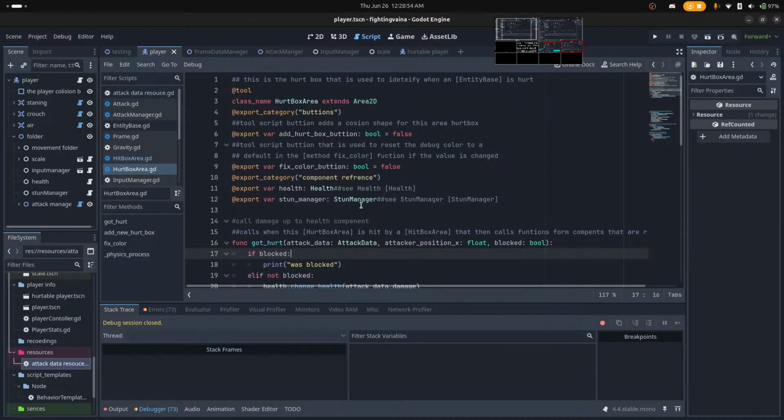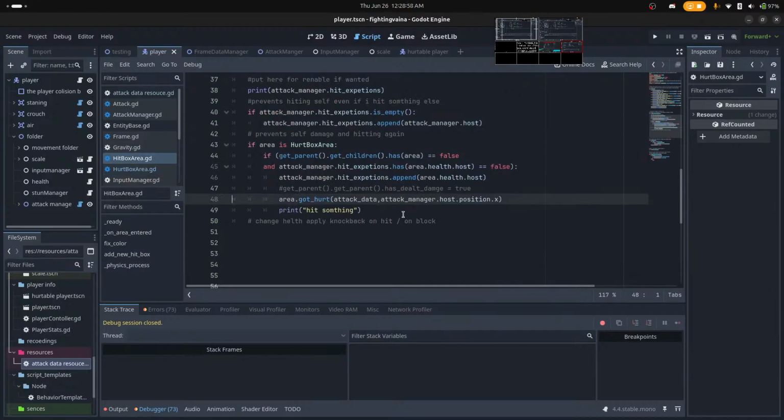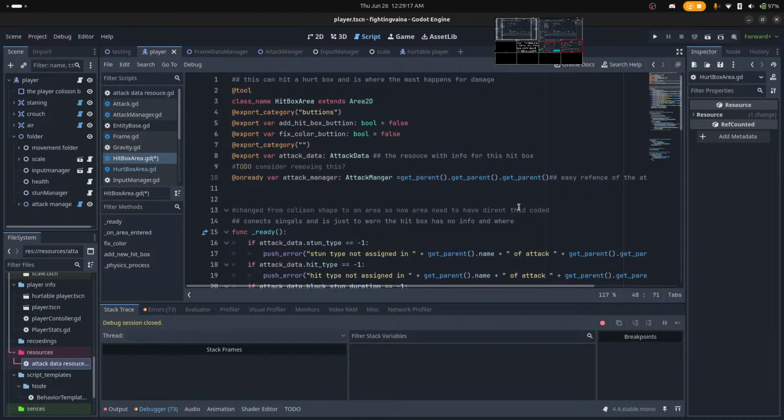So this is hurtbox. This is hitbox. First off, let's do the simple if they are or are not blocking. What do we have access to? Attack manager.